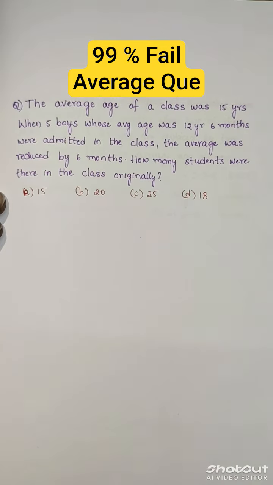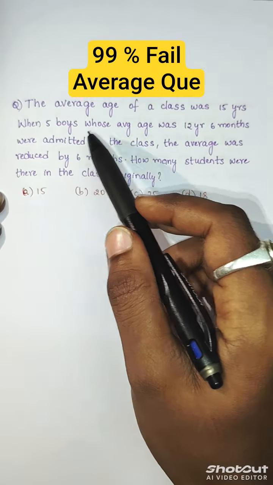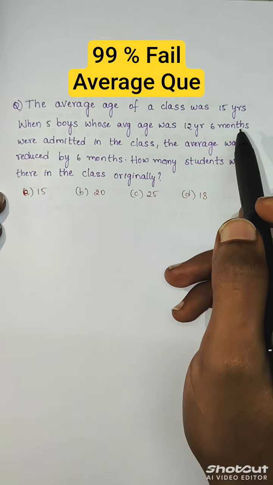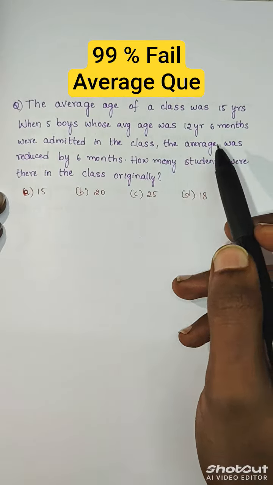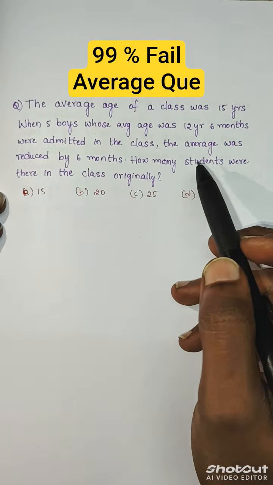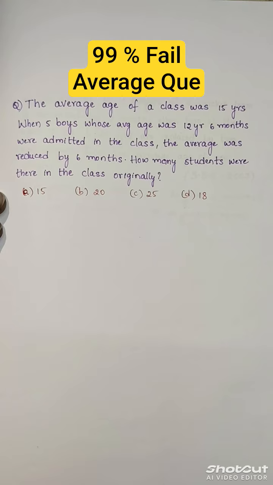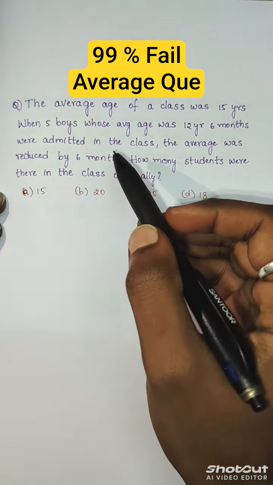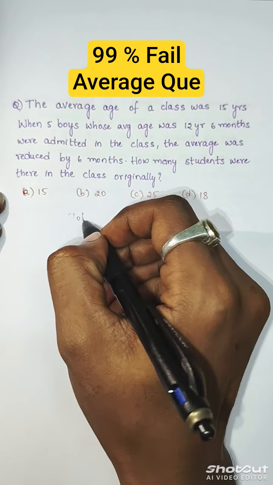The average age of a class was 15 years. When 5 boys whose average age was 12 years 6 months were admitted in the class, the average was reduced by 6 months. How many students were there in the class originally? Let's solve this question. So let's suppose the total number of students initially